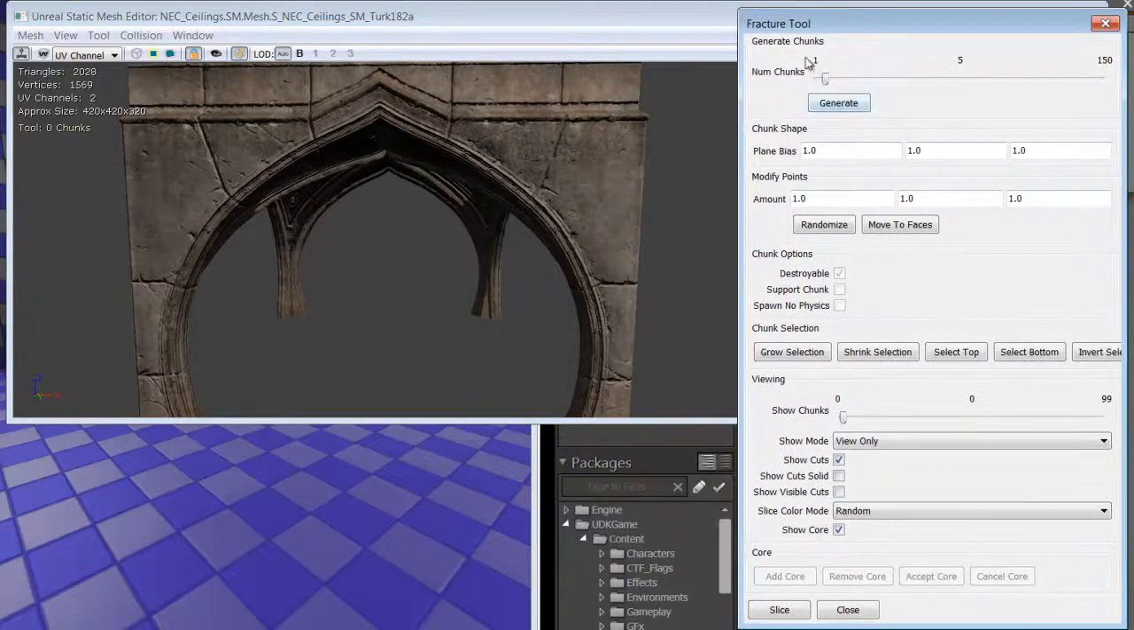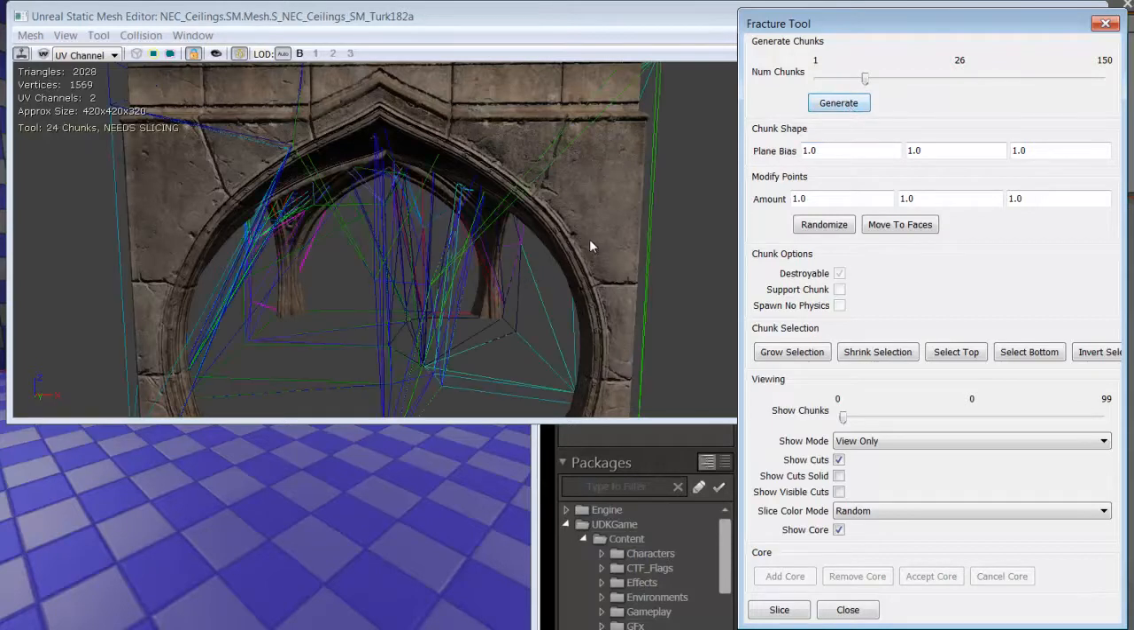So the first thing we need to do is tell it how many chunks we want to create. We do that with this num chunks slider bar here. It goes from 1 to 150. And we'll go ahead and set it somewhere around 25 for the time being. You can go higher than that if you like, although if you create lots of objects that separate into mini chunks, it does create lots of small geometry when they break apart, which can cause performance issues. So we'll go ahead and just leave it at 25 for the time being, and we'll click generate,